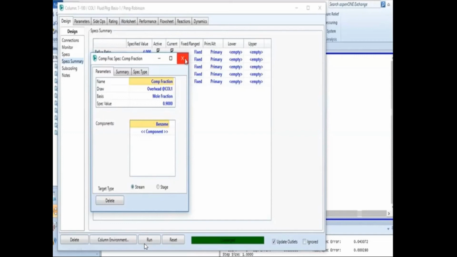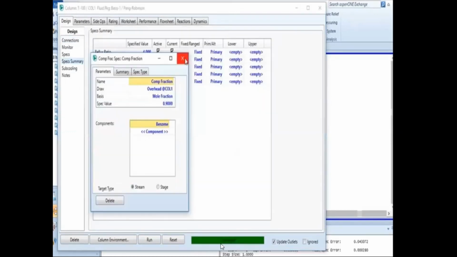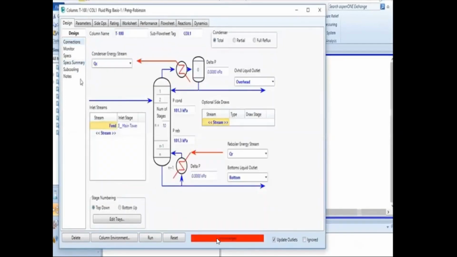So double click over this run tab. Before double clicking, it looks like this. Unconverged means a red color tab is there. After double clicking over this run, this will be converged. Converged means satisfied. Like this, it must be green. If it is not green, there is something wrong, some data is not provided. Red means you have forgotten something. So find out what data is required and check whether all data is provided or not.